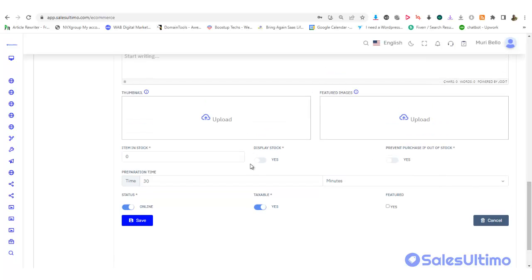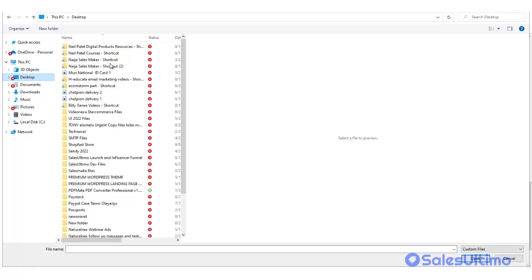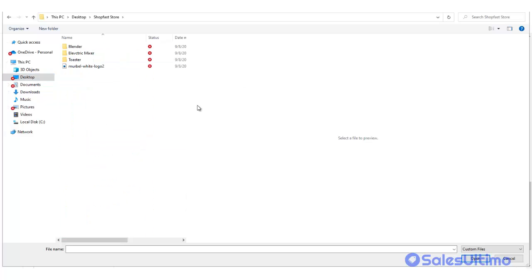Okay, let's go back. Your product needs a thumbnail, the image that will represent it in the store. That's the first thing they see. So you look for one of your first good images. Let's go here. Where is it? I already created shop fast. What we are dealing with now is